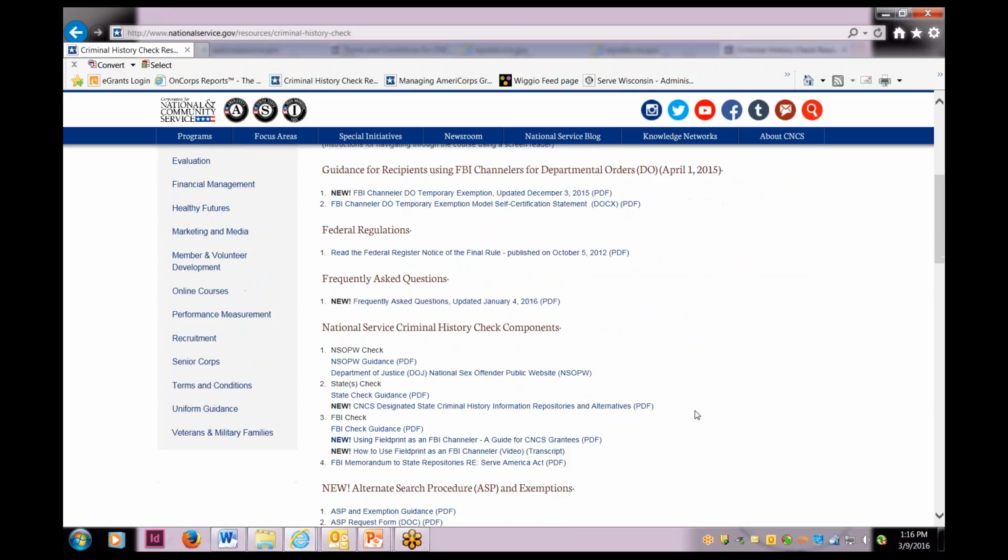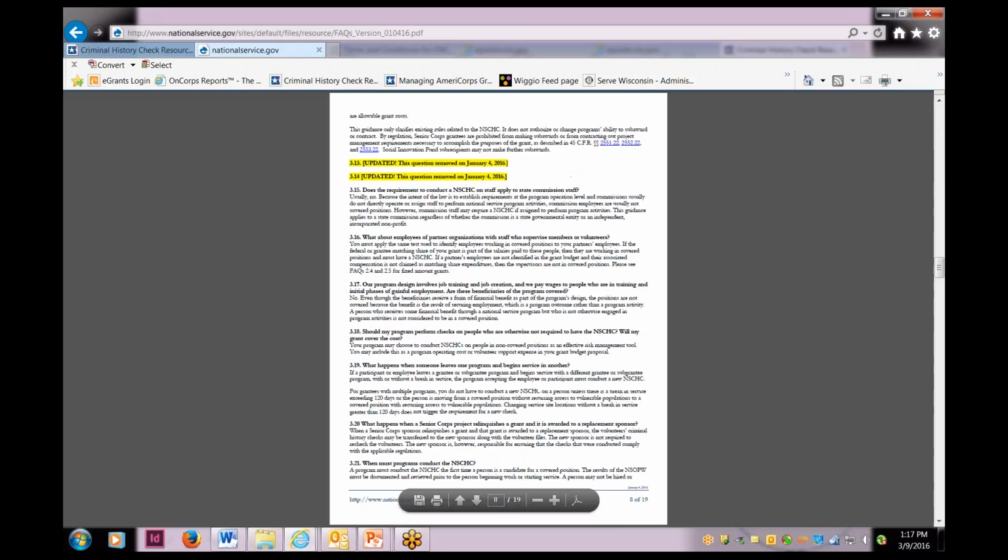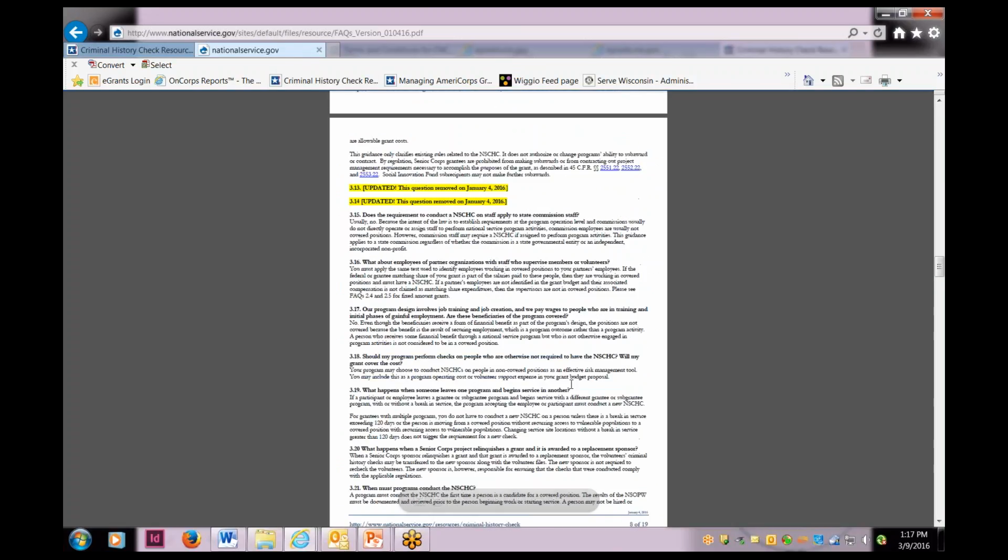Okay. So on the background check page, not only do you have a great introductory course, you also have a link to the federal regulations that outline the requirements for background checks. And then there is a specific background check FAQ. They update it regularly, and they'll tell you the date of when it was last updated, and that is one of the first places we'll look with questions on background checks. Okay, so this document is fairly large, but you can use Control F to search for any topic that you have, and you can find it easily there.